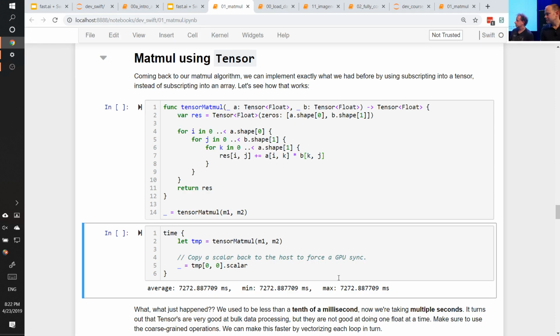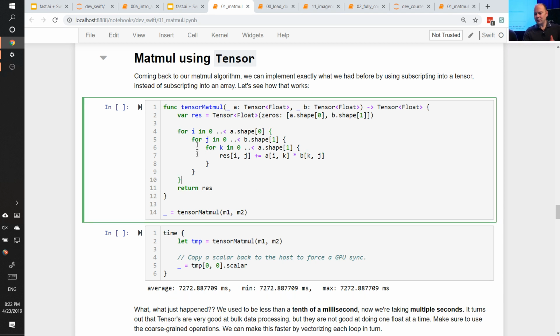Question. Is there a way to make sure the matmul or other functions are correctly using shared memory on the GPU? For example, using tiling to make sure you aren't constantly busting the cache of shared memory on the GPU. Yeah. We're going to talk about this next week, so maybe we could push back till then. But I think the thing to know is that this is not something you would write in Swift